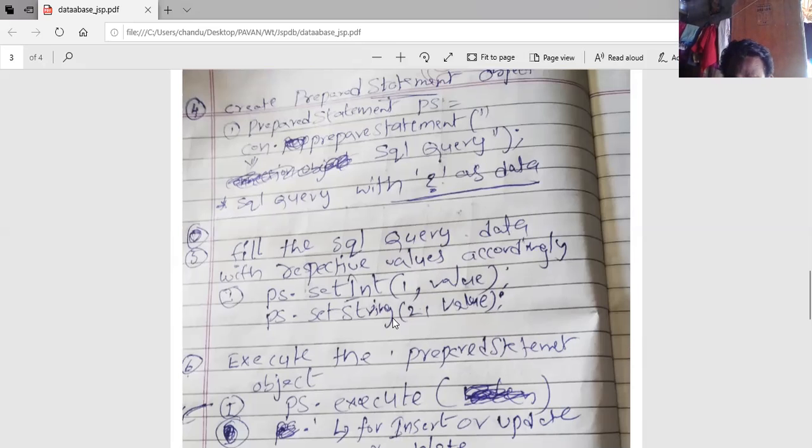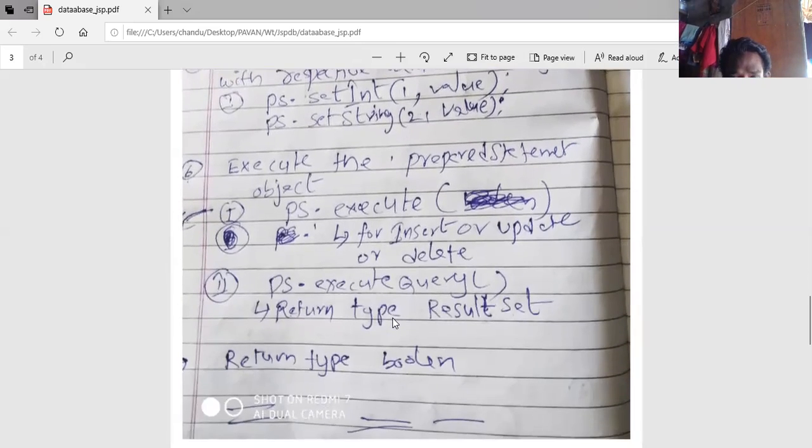After this, we need to execute the program. We have two different options to execute. For example, ps.execute is a method used to execute SQL queries for insert, update, and delete. ps.executeQuery is used for select, and its return type is ResultSet. ResultSet is nothing but a collection of data.